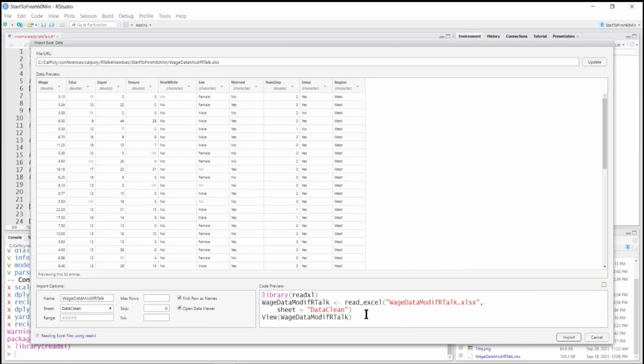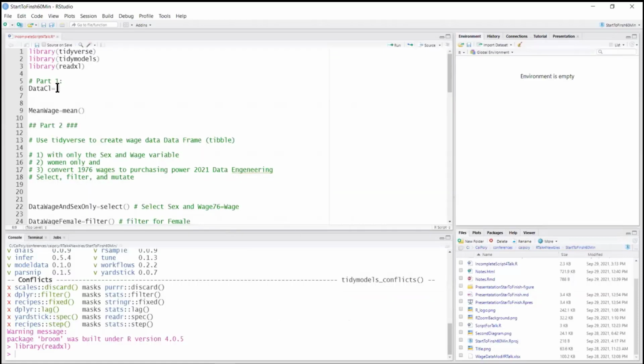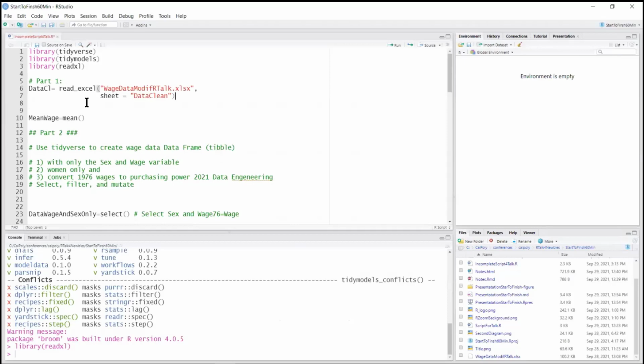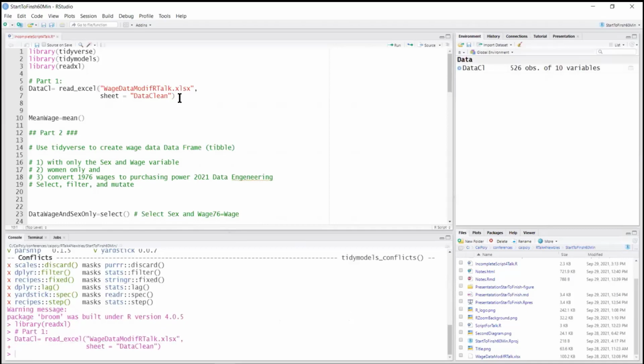What I can do instead: here's a command, you see it? It reads the data and assigns it to the variable wage data modified. Well, I take this one here and copy it, and I cancel the import. And now I paste it here, and now my data are assigned into the variable data CL. I execute the line with Control Enter, and you can see here,